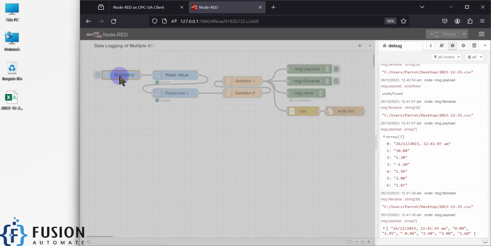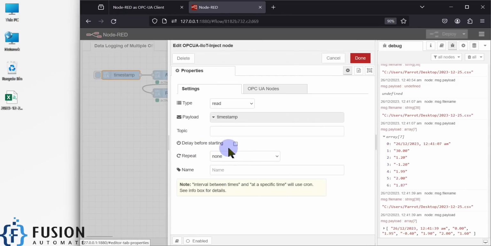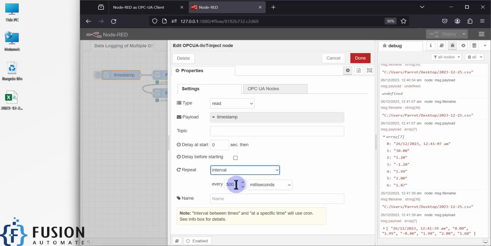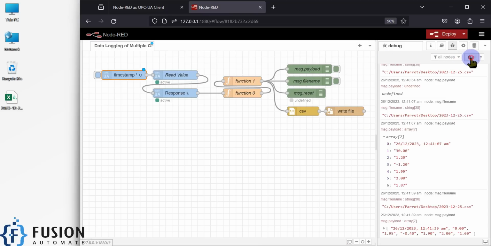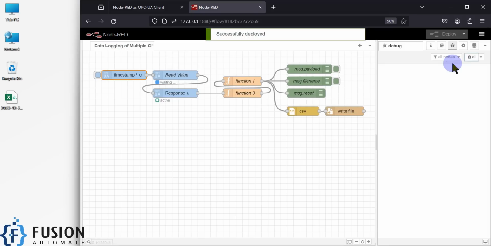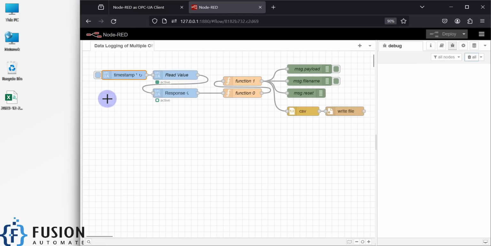Now I can set the interval. So repeat at interval of 5 seconds. Okay, and delay start is 2 seconds, delay before starting, and press on done, clear all, and Control D for deployment. Okay, so it will wait for 2 seconds, and then at every 5 seconds it will log my data